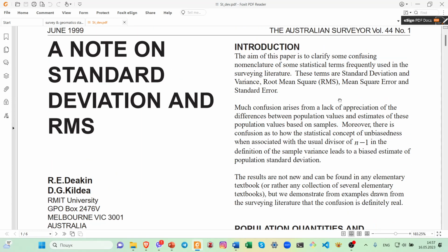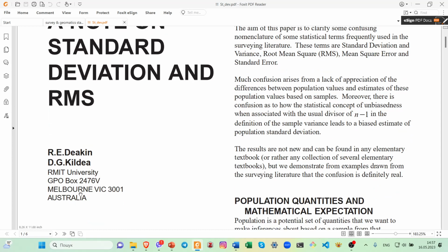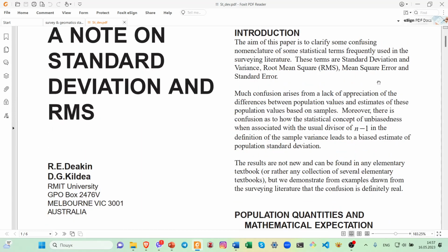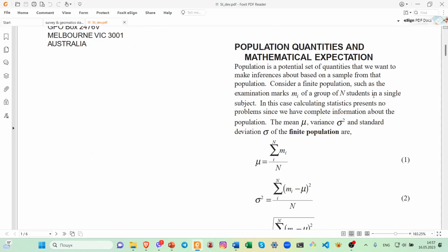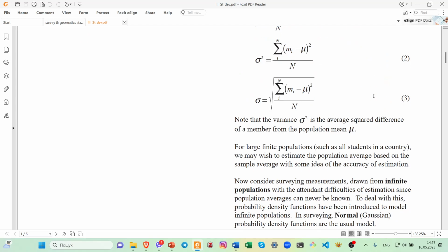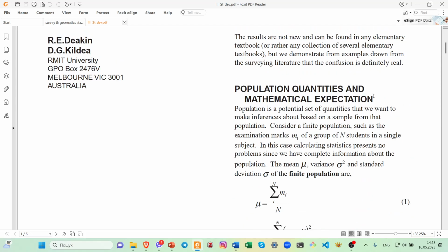It is an article from our colleagues from Australia, from the Australian Surveyor magazine. And here you can see all the explanation needed for understanding